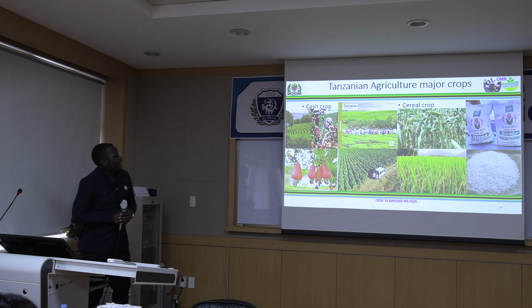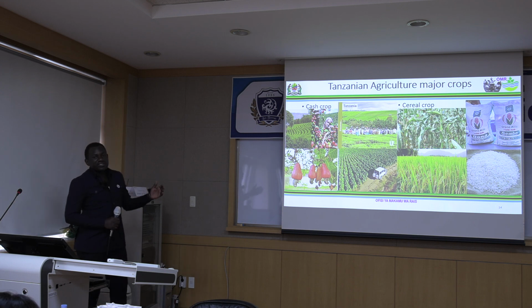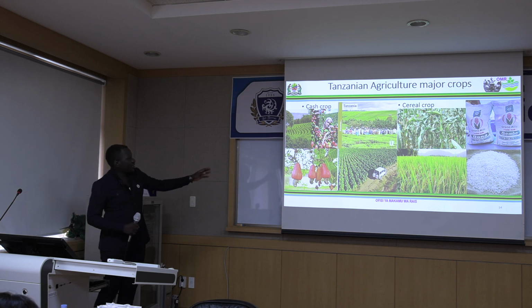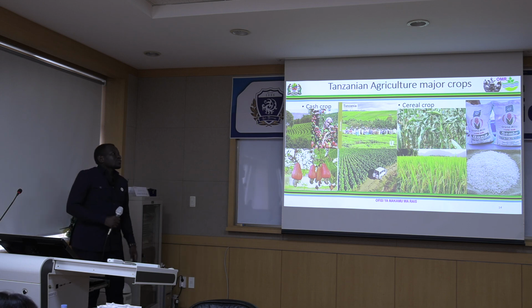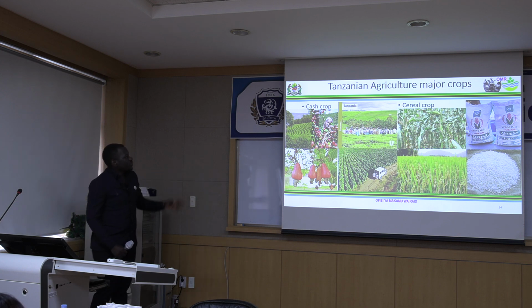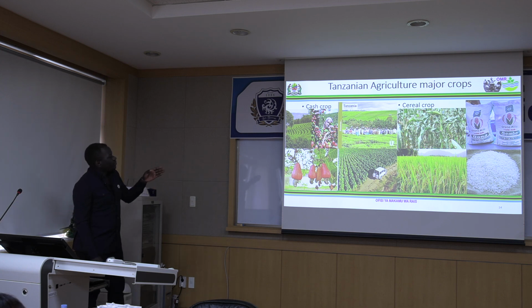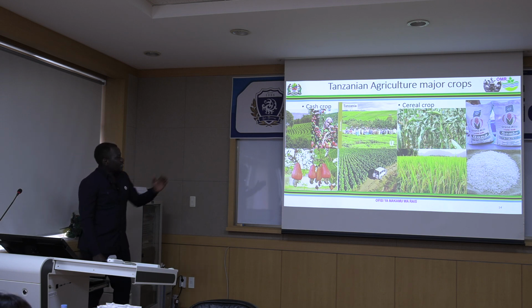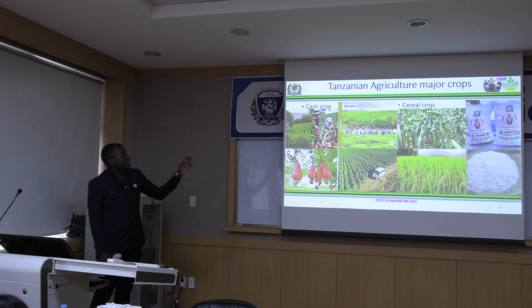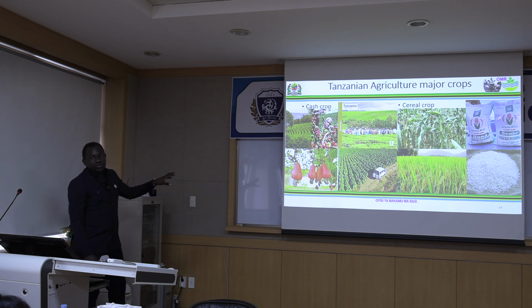The major cash crop, the first one is coffee, and this is available in the northern part of Tanzania. The second one down here, we call it cashew nut, which is available in the southern part of Tanzania. We are producing a lot, and the best cashew nut. Another picture there in the middle, the first at the top, we call it Lupembe. This is a tea farm. Also, we are producing much. The one down in between is about tobacco production. Then this is for cash crop. These are the major big cash crops we are producing in Tanzania.